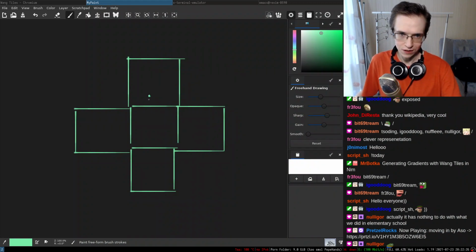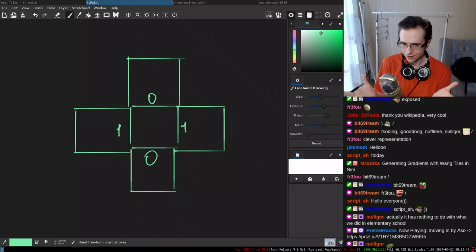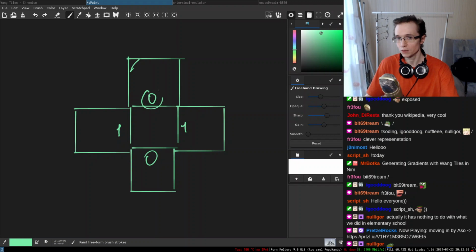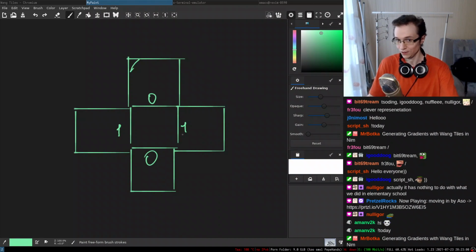So on this side you have 0 color, on this side you have 1 color, maybe another 1 and another 0. If you have a full set of Wang tiles, no matter what neighbors you have, you will always have a tile to place in here, because you have all of the possible combinations of 0s and 1s. You can always find the tile that matches in here.